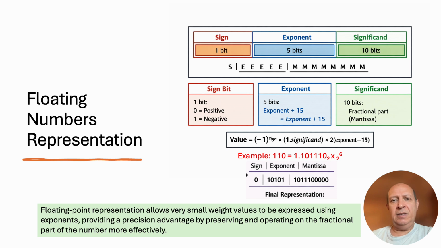Finally, the significand. This is where 10 bits are dedicated to represent the mantissa, and it's called the significand. We insert the mantissa bits in the most significant part of the significand, and we fill the remaining bits with zeros in the least significant side of the word. So in our case, we have a 6-bit mantissa, so all you need to do is to add 4 zeros on the right-hand side, and we plug that into the significand part.